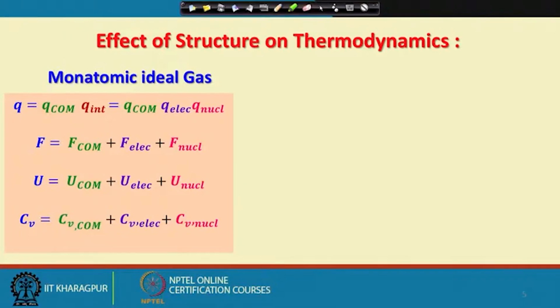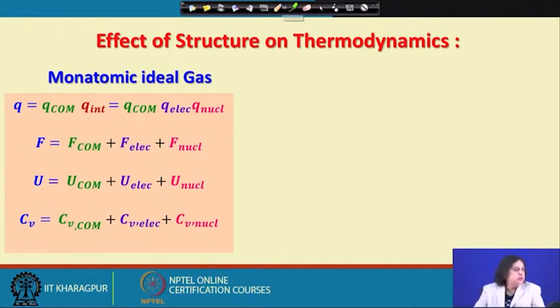And we have seen that in the case of the monatomic ideal gas, simply because we can partition the overall single particle canonical partition function into the contribution from the center of mass, that is structureless, and the internal structure, all the thermodynamic properties that we could derive also had explicit contributions arising from these three factors, which added together to give us the net thermodynamic property. Now, if we look at what happens in the case of the diatomic ideal gases, what we find is,